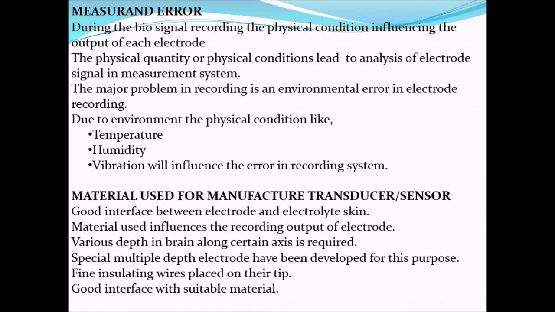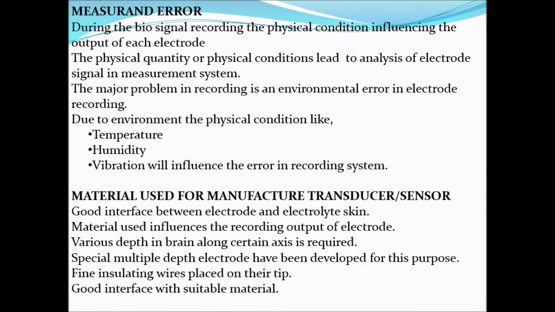How does the material used influence the recording output of the electrode? Various depths in the brain along a certain axis are required, and simple multiple depth electrodes have been used for this purpose, with fine insulated wire placed on the tips, giving a good interface with suitable materials. The materials utilized for manufacturing these electrodes are of limited availability, and they have good electrical conductivity and low resistance. That is why we are using silver chloride and